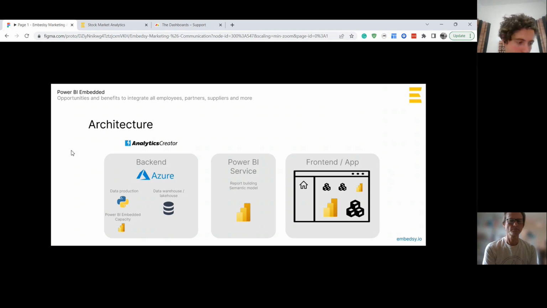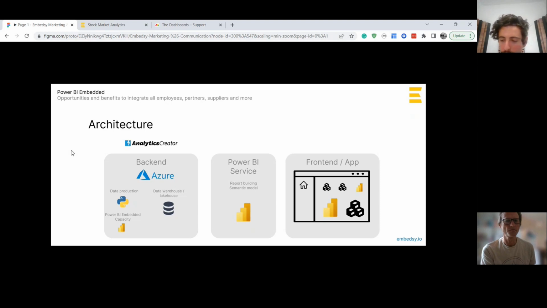And another very important benefit, I believe, is that you reduce the chance of your customers exporting the data out of your app. So you make your application more sticky.